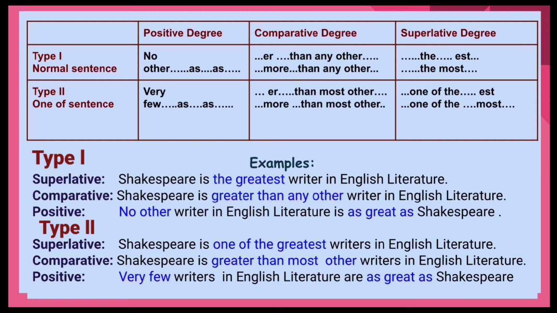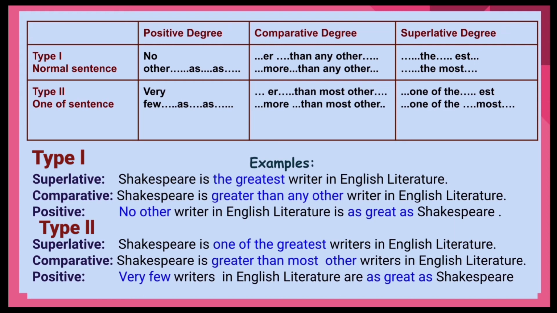While doing the comparative degree, we can find out Shakespeare is greater than. In our first sentence we use any other, but in our one of sentence we are going to use most other. So our answer is Shakespeare is greater than most other writers in English literature. And in positive degree,